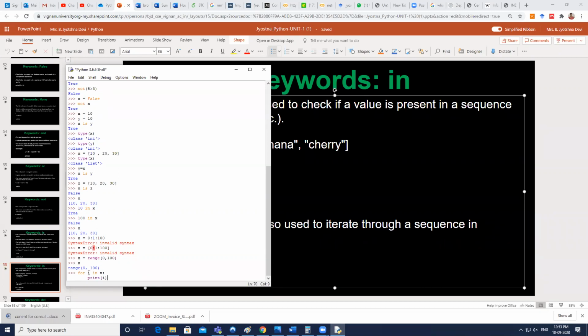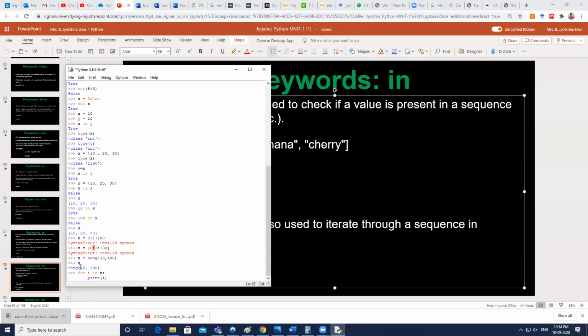So try to observe clearly how I am writing this, for I in X. What is this I? I is just an index. And what is X? X is the data structure which contains the values from 0 to 99. That's how you create it, but you are not able to see that here. We'll see in later classes what this range is and how to use it. But just remember, the range function is used to create a list of values within a range. Here I am giving the range 0 to 100, so it creates a list with all the elements from 0 to 99.